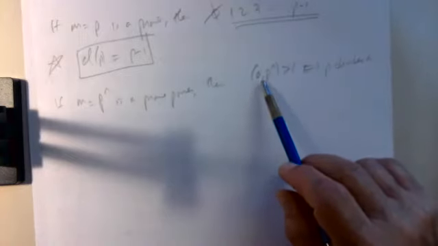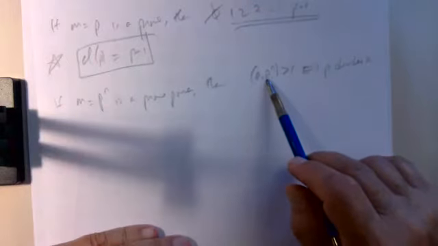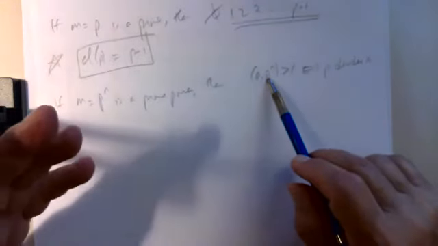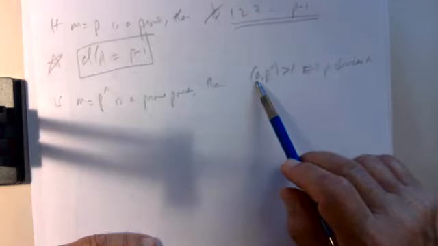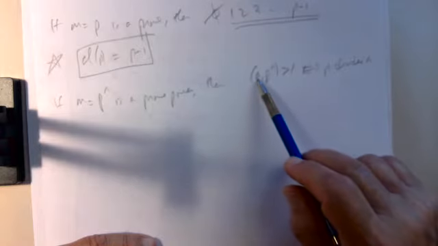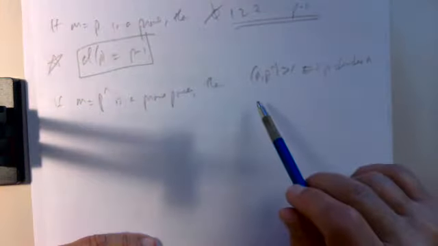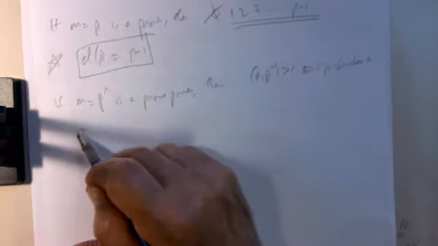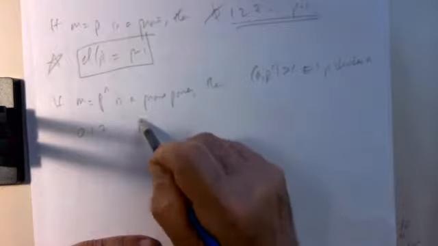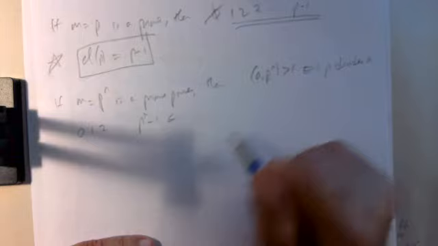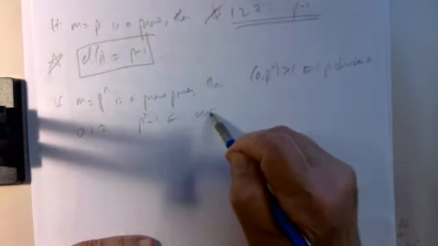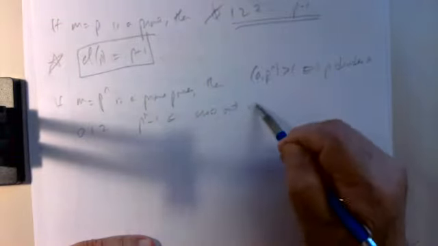That is, if a number divides p to the r and p is a prime, it has to be a power of the prime. If the divisor is greater than 1, then the divisor is a positive power of p. So that power of p, and in particular p, divides a. So if you look at the numbers from 0 up to p to the r minus 1, you want to cross out all the multiples